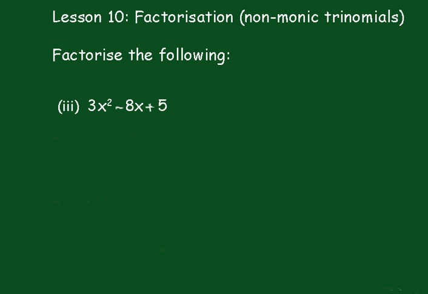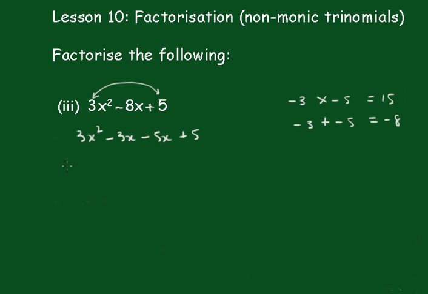Okay, another one. So we say what two numbers multiply to give 15 and add up to give -8. I have to think about that one for a little bit. It's -3 and -5. So this becomes 3x squared minus 3x minus 5x plus 5. Take out the 3x, you get x minus 1. Take out the minus 5, you get x minus 1. So this becomes x minus 1